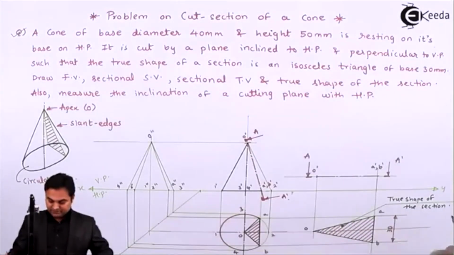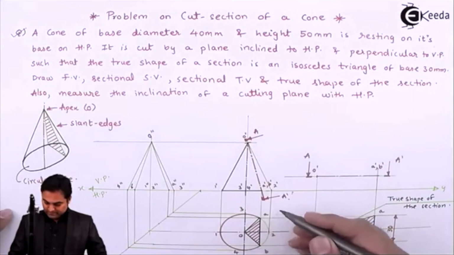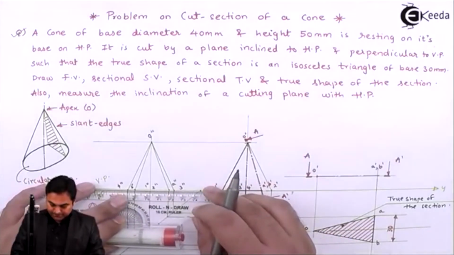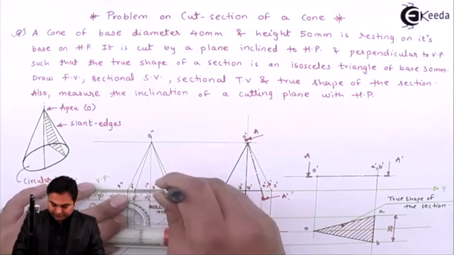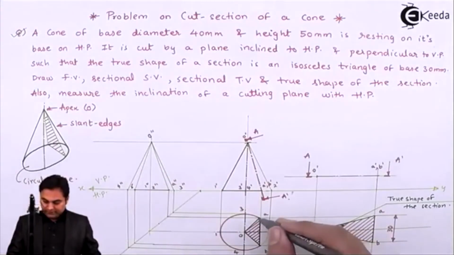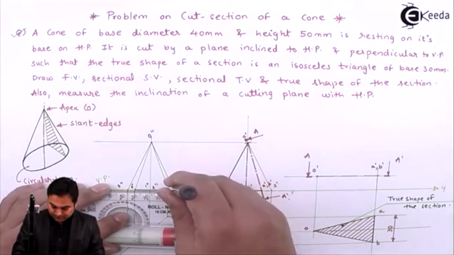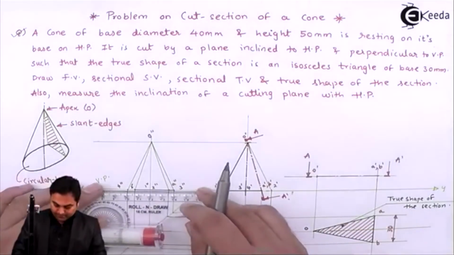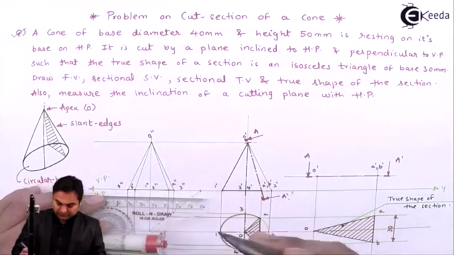This entire base would be made dark, and here if we see from A to B it is connected. Joining A double dash B double dash. Then A to 3 is connected, so A double dash 3 double dash. Similarly, B and 4 they are connected. B double dash 4 double dash.